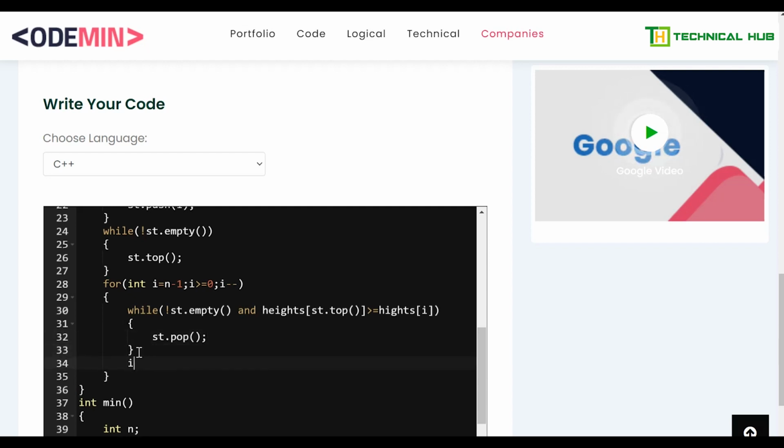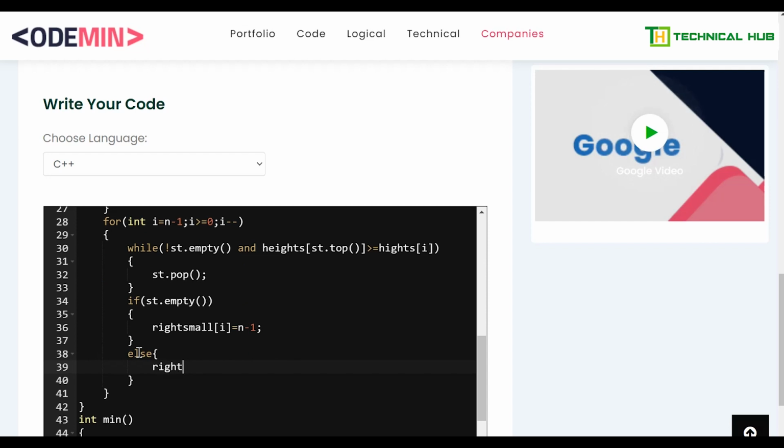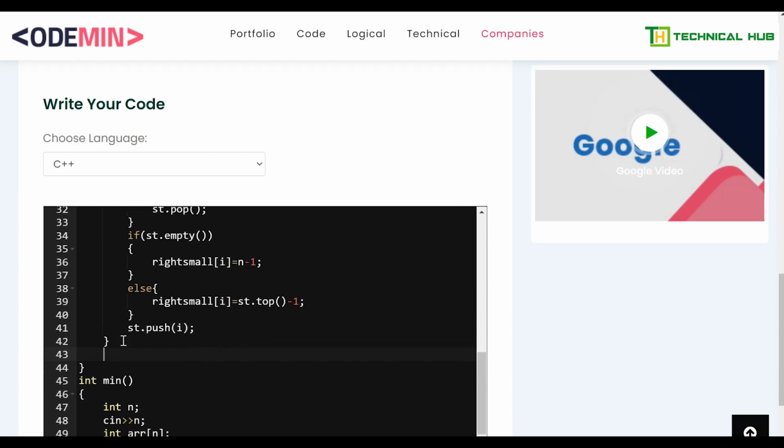Now if your stack became empty, then your right small will become n minus 1. If your stack doesn't become empty, that means it has a right small, which is simply top minus 1. So it's done. Now you have found all your left smalls and right smalls.